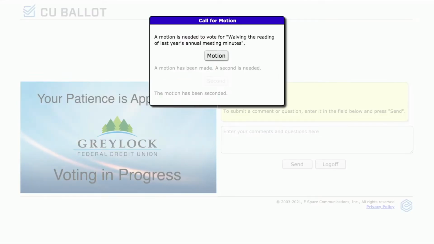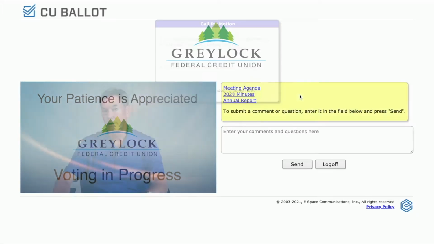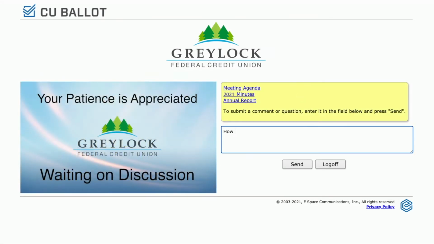A pop-up button will appear showing the request and a button that says motion. We only need one member to click motion, and then once someone clicks it, everyone's button will change to say second. We only need one member to click that button as well. Stan, we have a motion and a second. Any discussion? If you have any questions about the motion, please use the text box to enter them when the